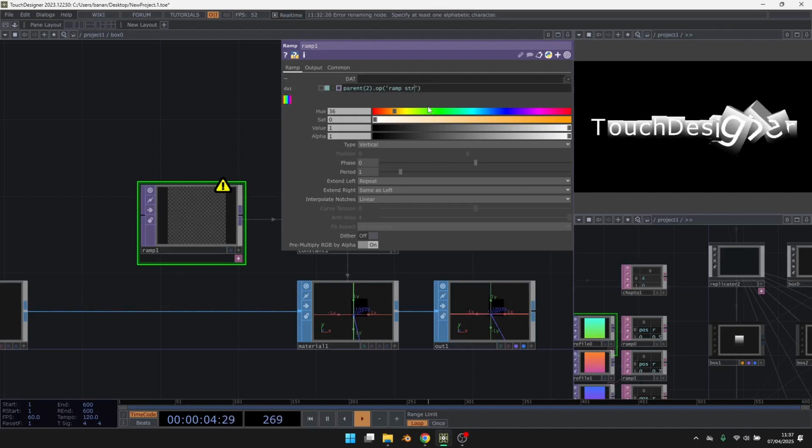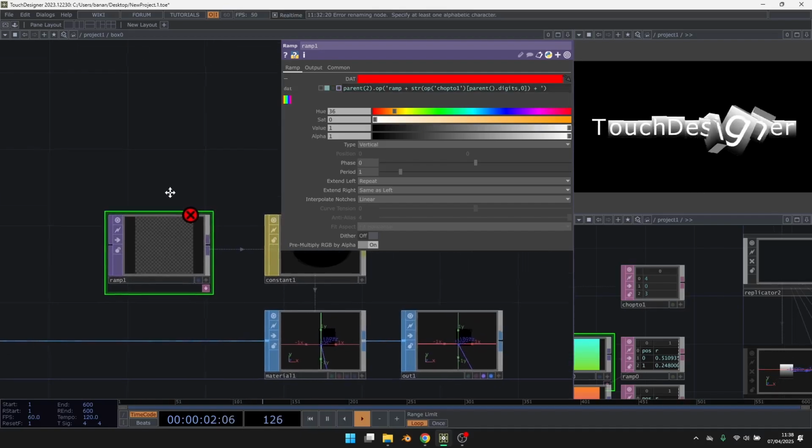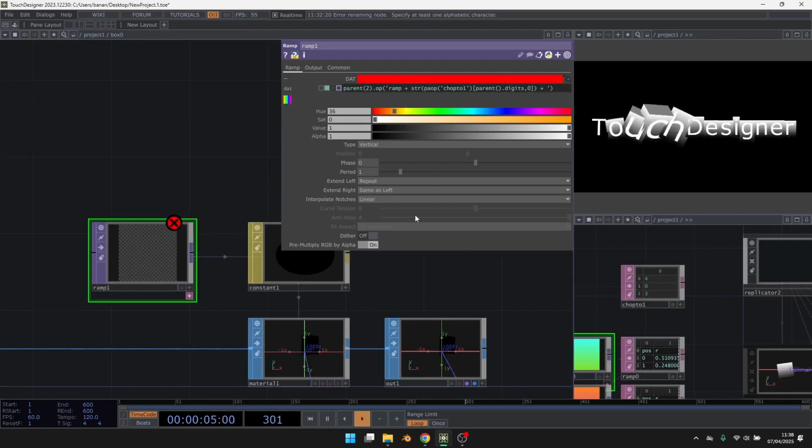So I will make a string that is the operator chop to 1 parent digits 0, its parent, so it's the